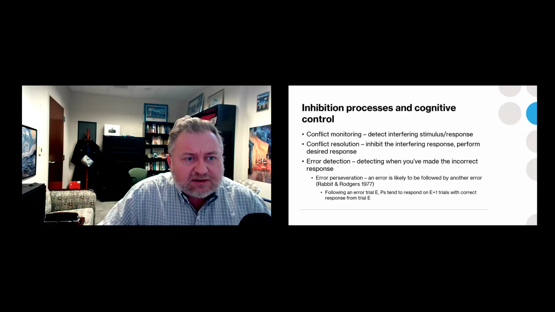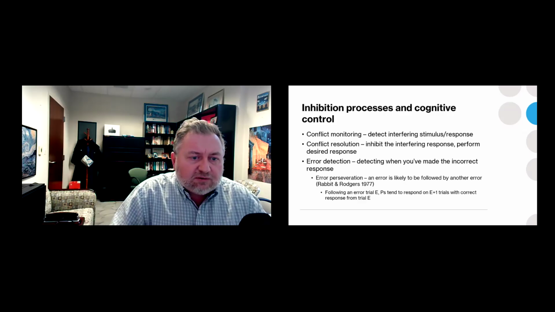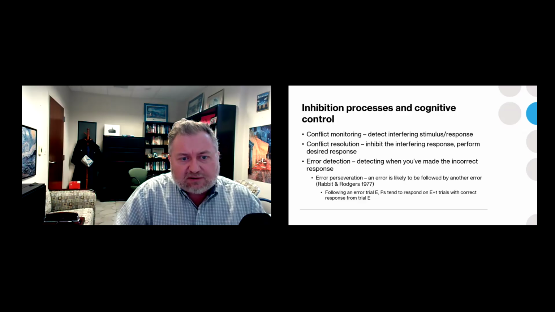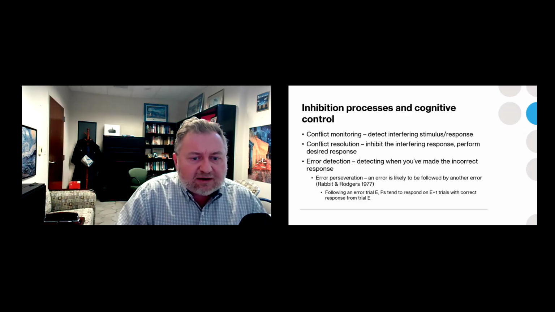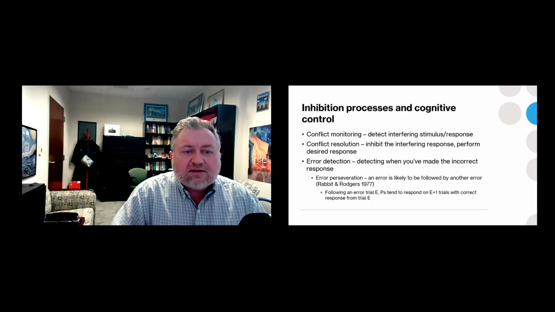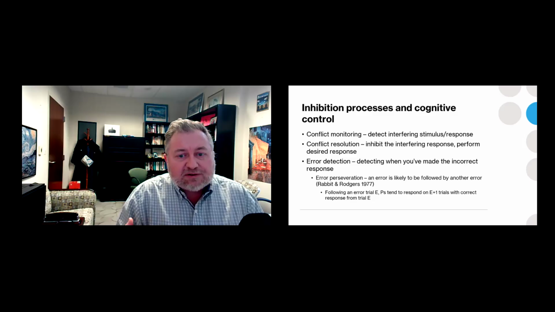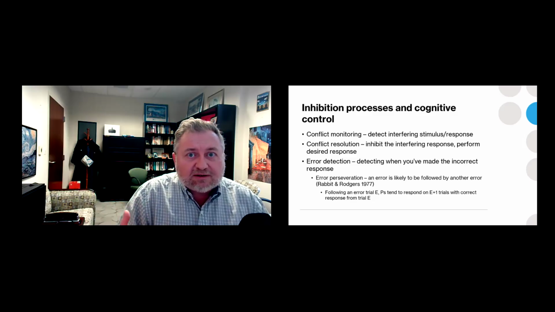To say a couple more things here about cognitive control. When we are engaged in cognitive control, we have to do certain things, right? All of the things that I've talked about with the Stroop test and the flanker task and so forth require conflict monitoring, right? This means that in the Stroop test, when I know that my task is to name the color, but I am also having to monitor what else is going on, such as my tendency to read the word, I have to detect that conflict, right?